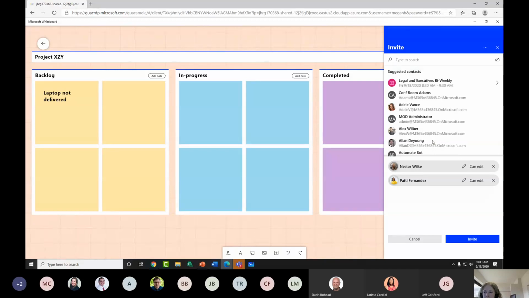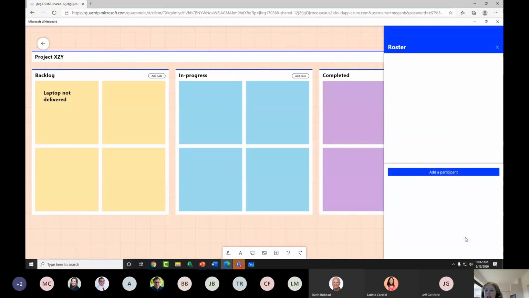Now, after I've selected them, notice down here, it's asking me, do you want them to be able to edit or just read only? So that's another setting that's very common in Office 365. It will email them a link and an invitation to the board. It can be opened, but for these templates especially, they're only going to be able to do the editing and actually see the templates in the desktop app of the Whiteboard app. So when it takes them in, if they open it in the web app, it may tell them that they can't see everything, that they'll need to actually go into the desktop app to do their editing. Now, when I'm done doing that, that's one option.